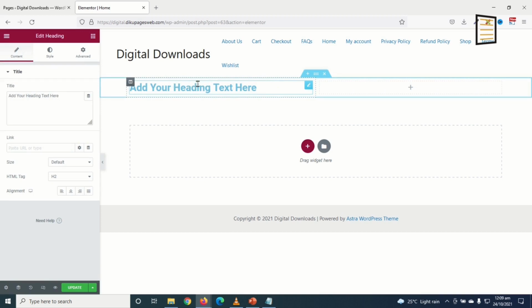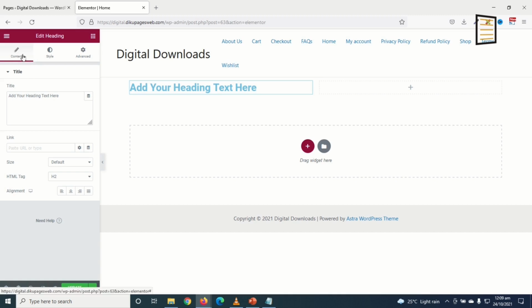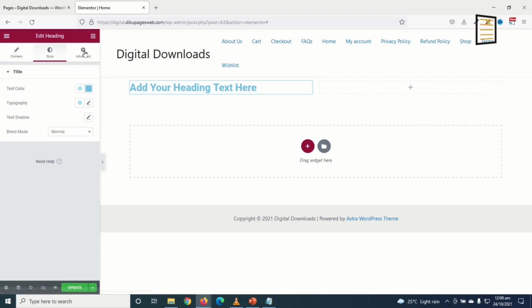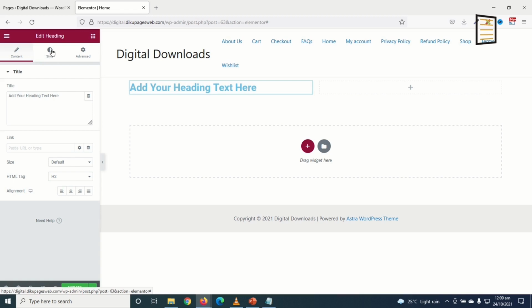And after inserting any element, at the left hand side you see some tabs, that is content, style, and advanced. These are the three features you use in order to edit this particular heading text. So for instance, if I want to change this text, I can change it in the content tab, to My New Website.